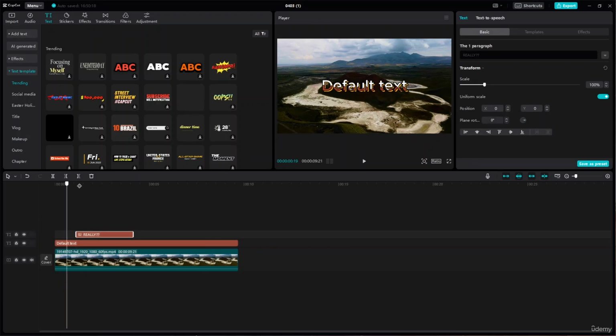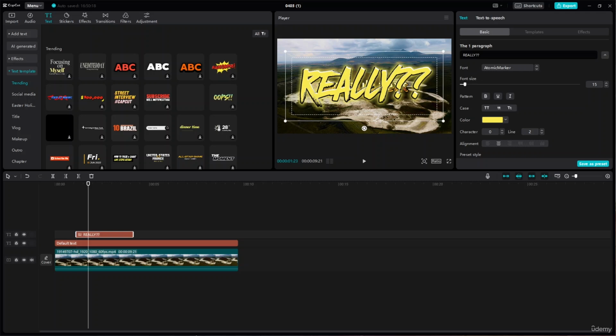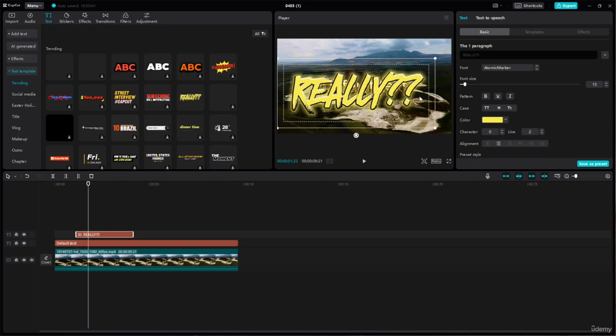But what happens is that if I click on this, you can see I will be able to customize it the way I want to. But it will have all of the effects, even if there is any animation applied to it. You can see, you can get a preview that they also have animations applied to them. You'll also get the animation in your project if you apply any one of them. Let's say if I change this one into